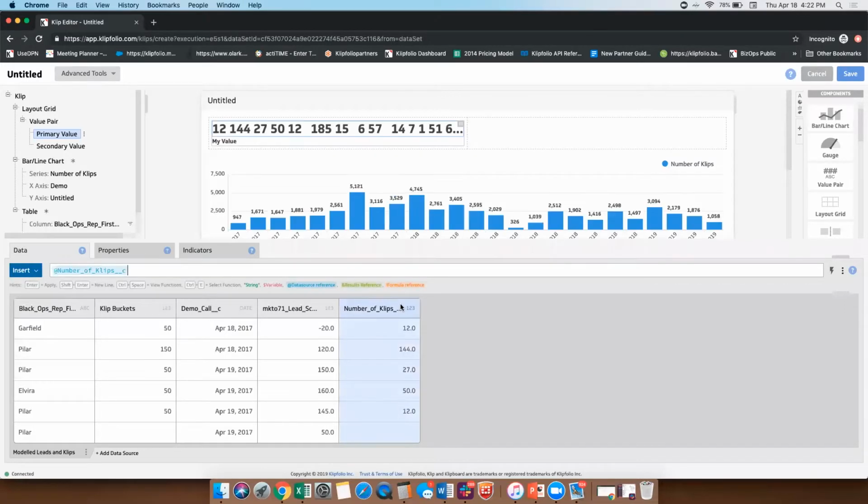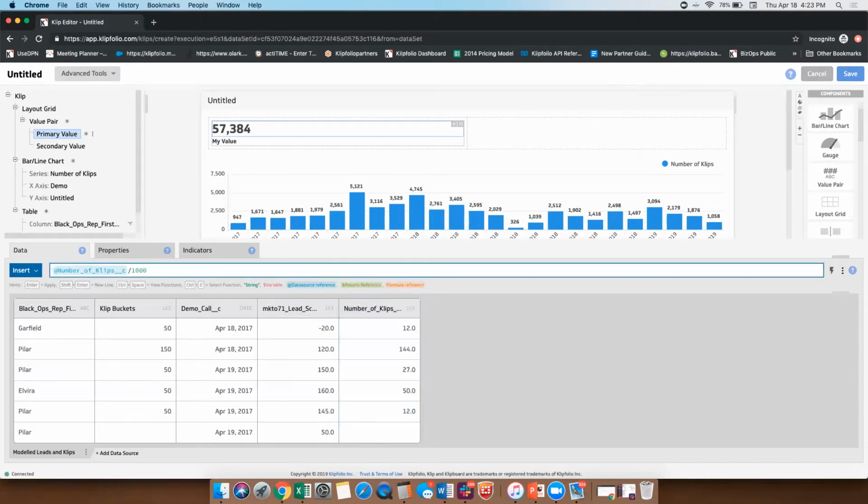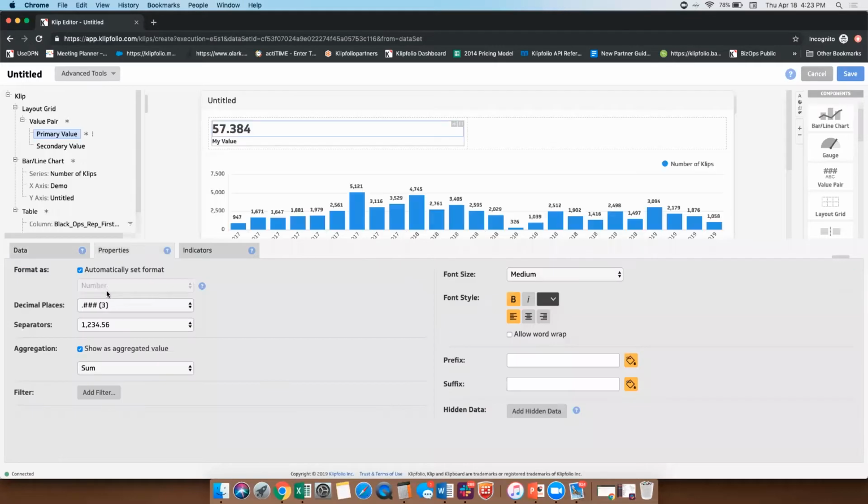So let's just take the total number of clips. So I'm just going to choose this entire column of data. And you can see what we get is the actual raw values. What I'm more interested in is the total summary. So 57,000. If I'm showing this number on a wall board, even just to make it more easily interpreted, I can do some simple math in the formula. So let's divide it by 1,000, and let's say we only want one decimal place, and let's put a suffix of K. We often do this on our wall board, so we can make the